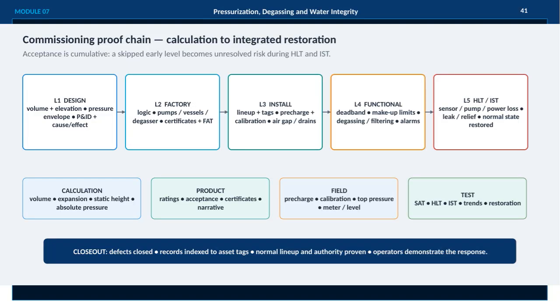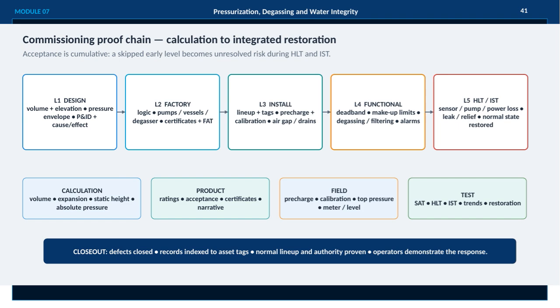This slide covers the commissioning proof chain from calculation all the way through to integrated restoration in the MVAC system. It's important to understand that acceptance is cumulative. If we skip any early level, that missed step becomes an unresolved risk later during the high-level testing and integrated system testing. At level 1, we focus on the design, looking at volume, elevation, pressure envelopes, PNIDs, and cause and